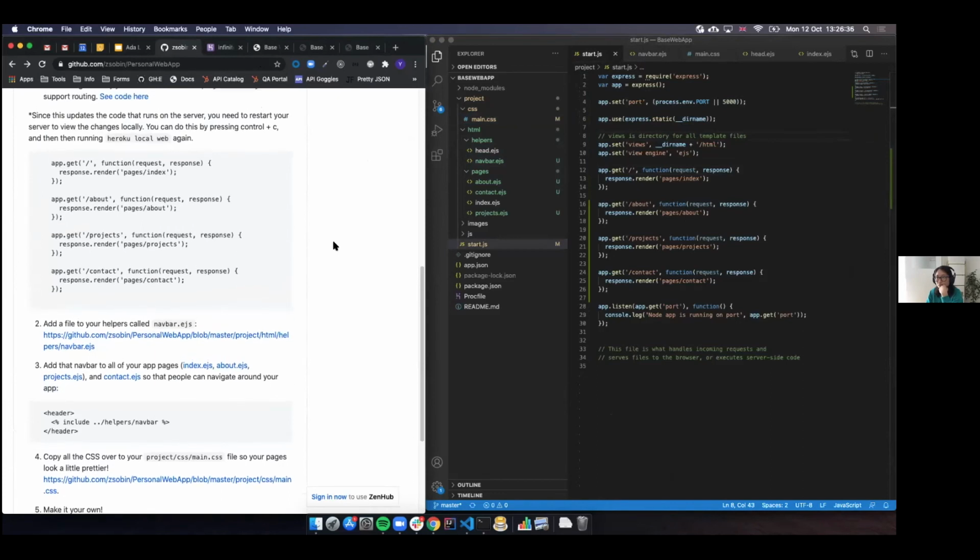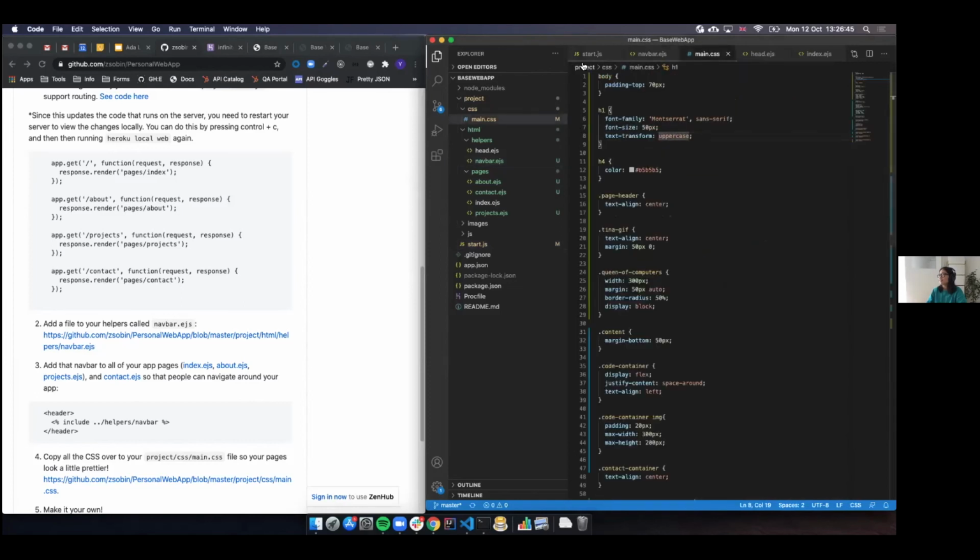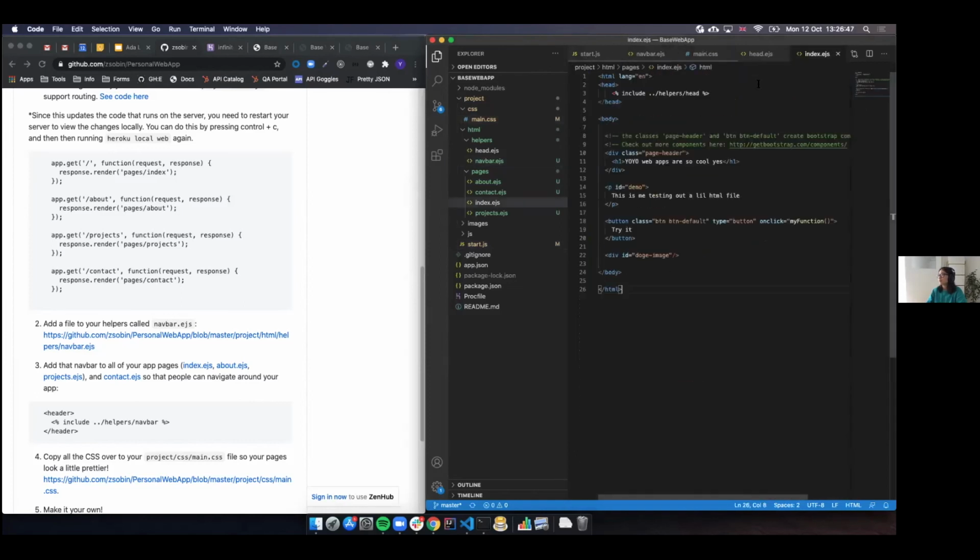Next. Oh yeah, I forgot to add the navbar. Rookie mistake. So if we go back to